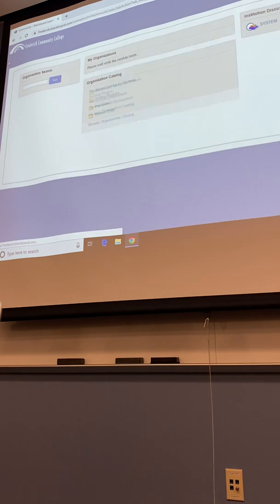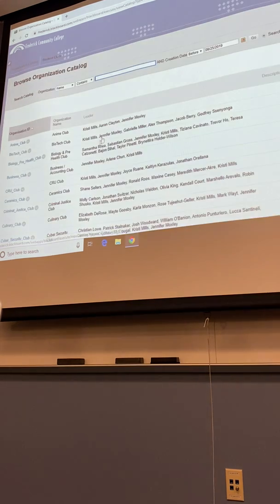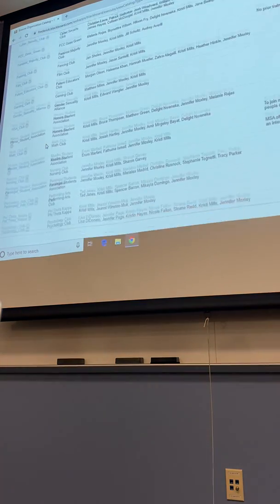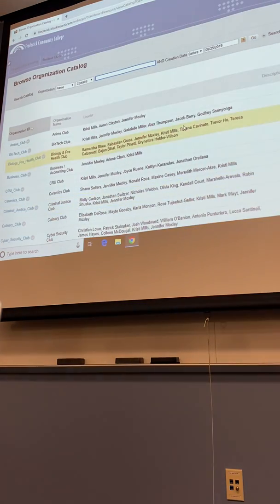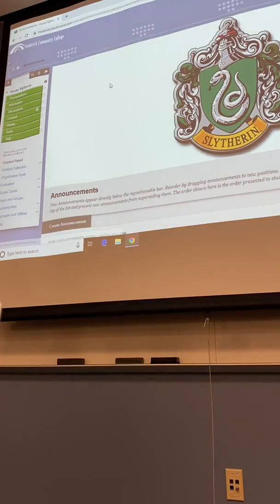So I'm a new student. I know that there's some student clubs out here. I can click on the student clubs and browse through. The one I'm looking for isn't in there. But if I click on the club,